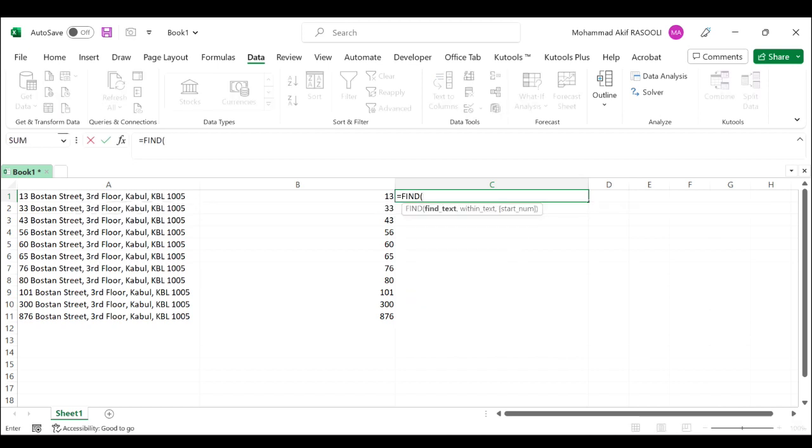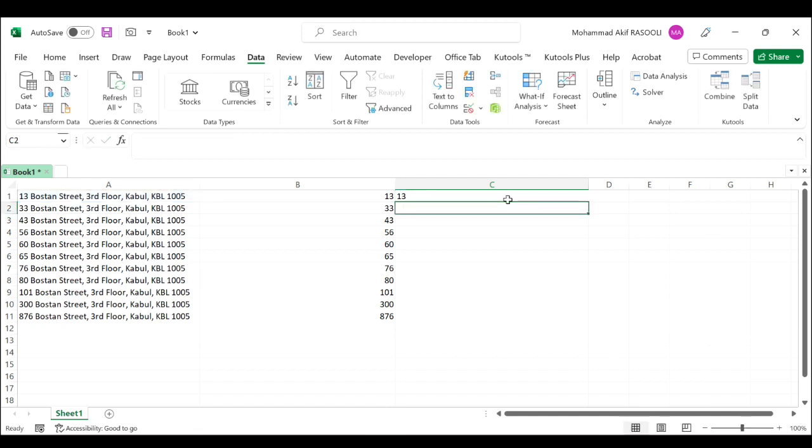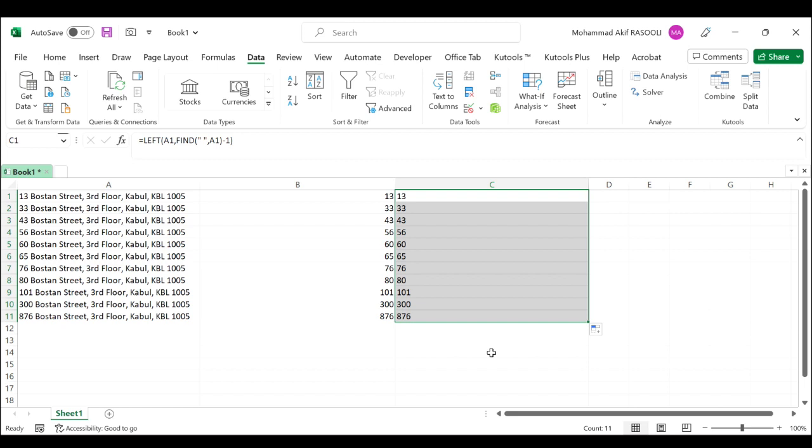Type FIND, press Tab. For the find text, double quotation, space, double quotation, comma, select cell A1, close the bracket, and use the LEFT function only. For the text, select cell A1, comma, for the number of characters, at the end, type -1 and close the bracket, press Enter. As you can see, the street numbers are extracted,